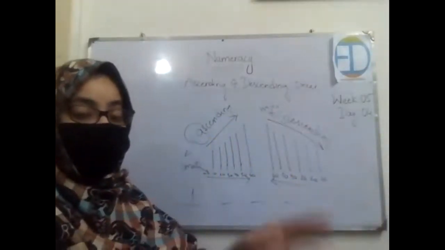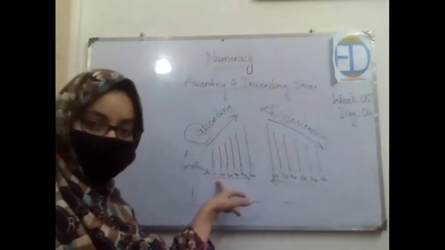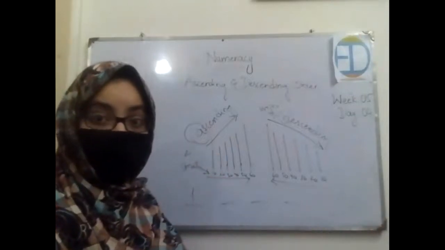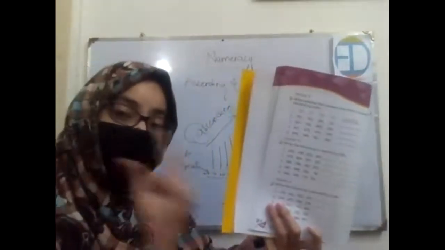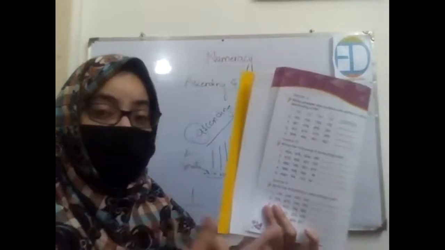So remember what ascending order was: we start from the smallest number and then move toward the highest one, right? So identify the smallest number. You would be following the same technique: first I look for the first digits of the numbers. If they are similar, look for the second one. If they are similar, look for the third one. Now I'll be solving 2 for you and then you will solve the remaining 3 by yourself.